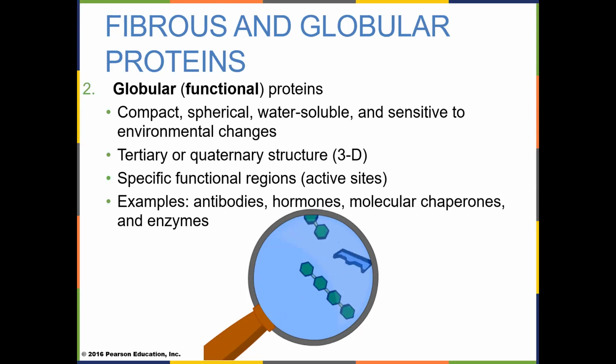We have something called molecular chaperones. They work sort of like a mixer or a blender, because they take a straight chain protein and twist it around into its secondary and tertiary structures. And then, of course, the enzymes. Enzymes are the biological catalysts. You can see here